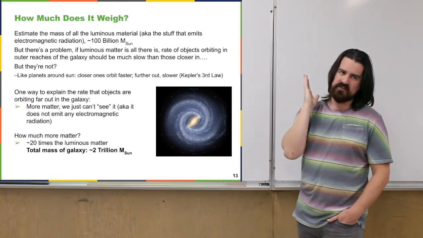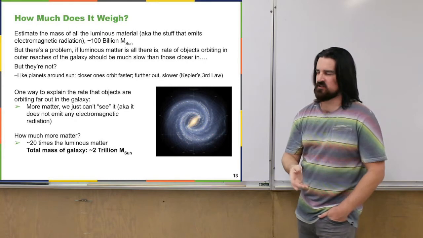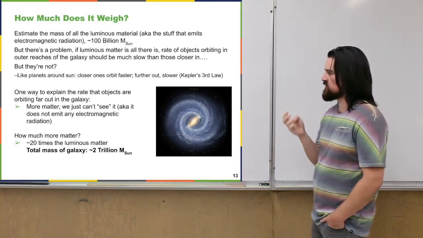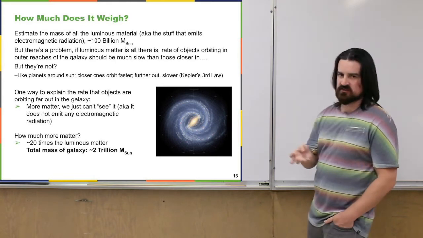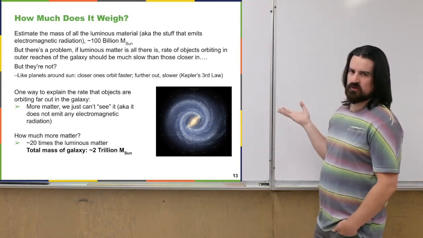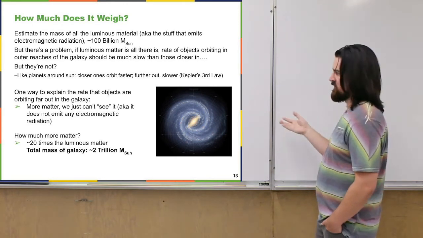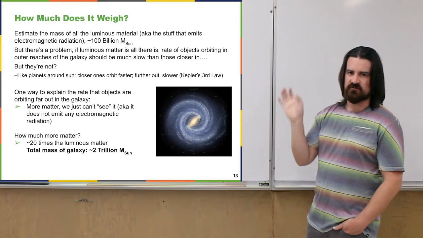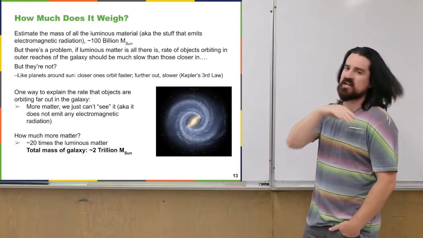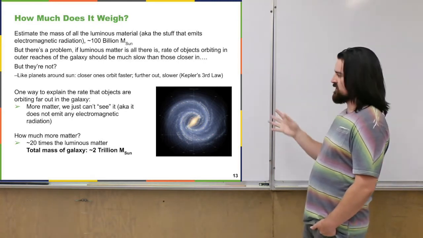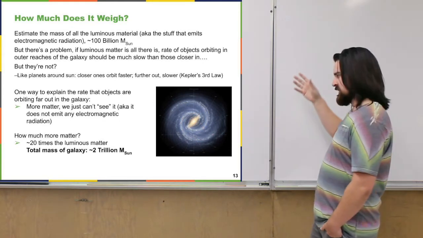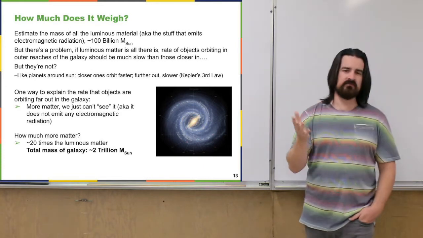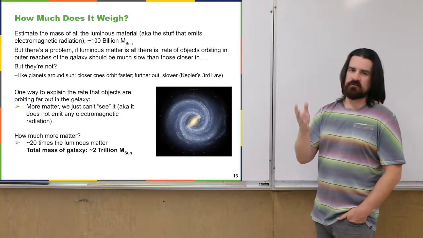So like I said, one way to explain this, at least within our understanding of how physics and gravity work, is to postulate that there's actually a lot more mass there, a lot more matter. We just don't see it. It's not luminous, it's not emitting any kind of electromagnetic radiation, so we don't detect it that way. The only effects we see from it are from its gravitational pull and the fact that it changes how fast stuff is moving through the galaxy. That's fine. We can just say there's other matter, we just can't see it.